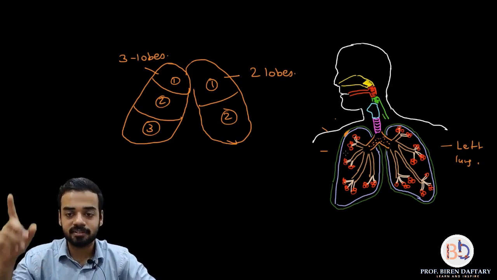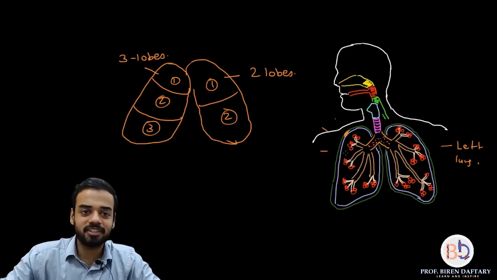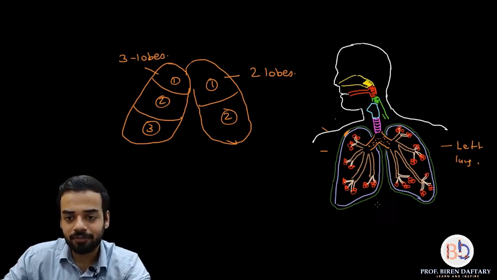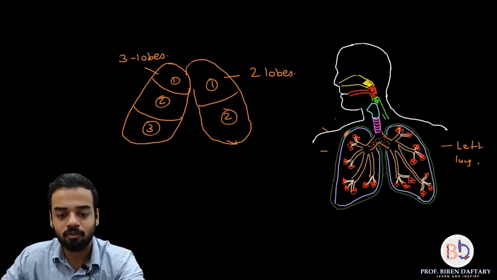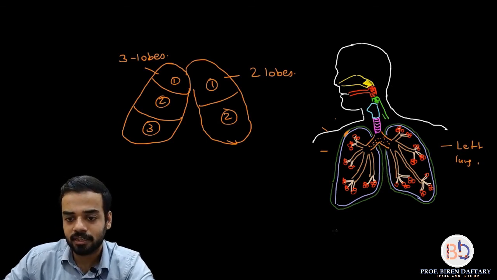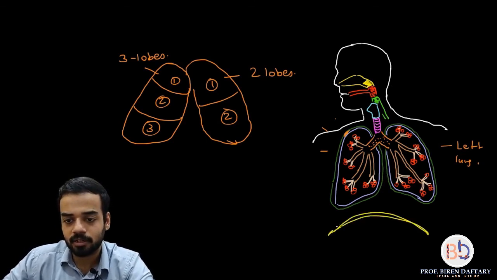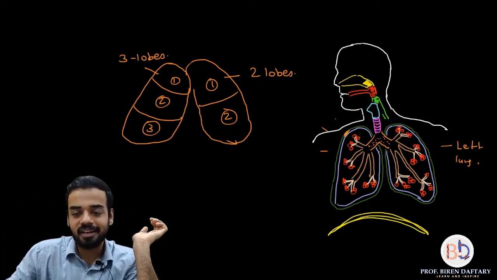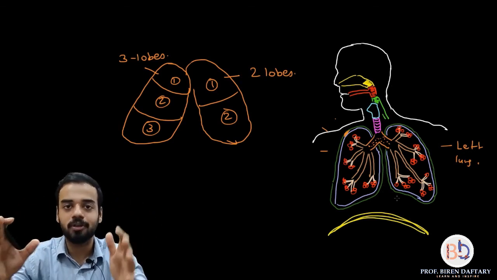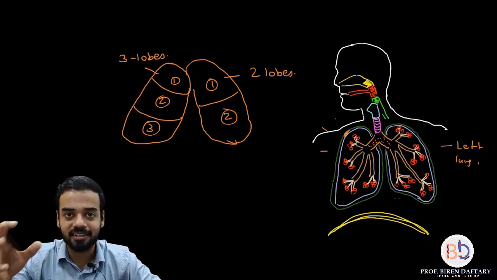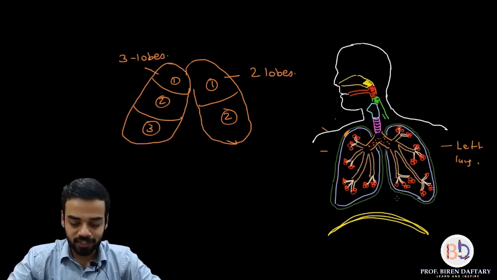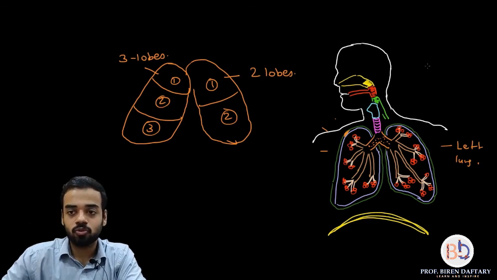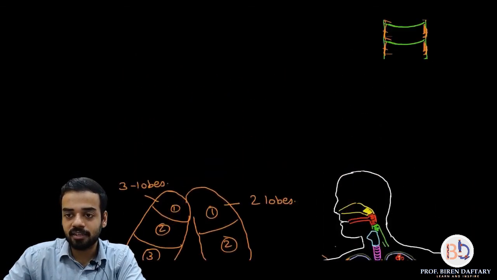With that we finish the entire anatomy of the respiratory system. The last thing given in the book is a muscle called the diaphragm. The diaphragm is a muscle which is somewhere over here, like this. It is present in the abdominal cavity. Please remember, the diaphragm muscle helps in breathing. I will explain what it exactly does in the next chapter. So friends, that ends our entire anatomy. I hope it is clear.